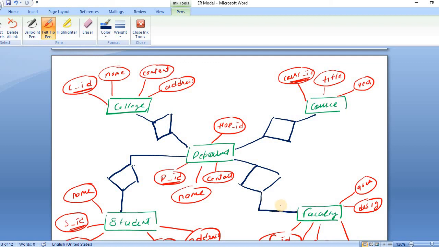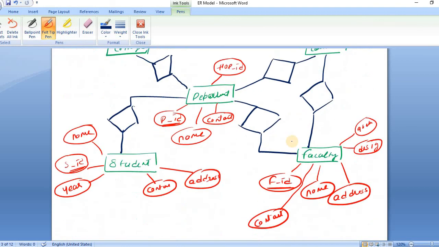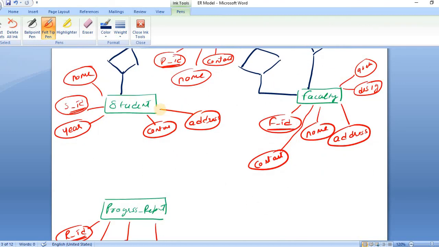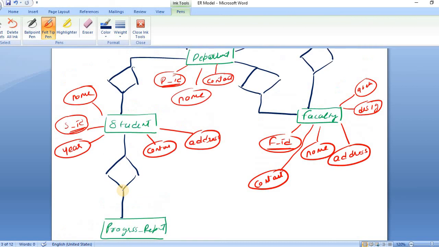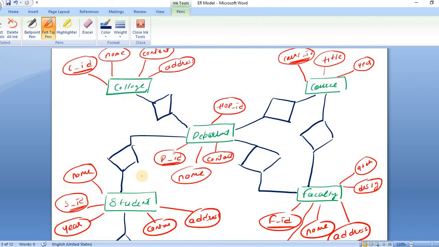And then we are having one relationship between course and faculty. So this course and faculty will be connected with the help of this diamond box. Let's see which other relationship. We are having one more relationship between student and the progress report. So I'll connect this student with the progress report. So I hope I have used all 6 relationships that we had identified, and now we will mention the